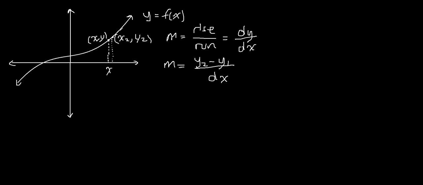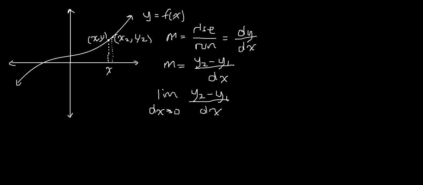You'll just get the average slope through the function. So if you want the slope at this point, you want this point to be really, really close to this. So you might want to take the limit as your change in x approaches 0 of y2 minus y1